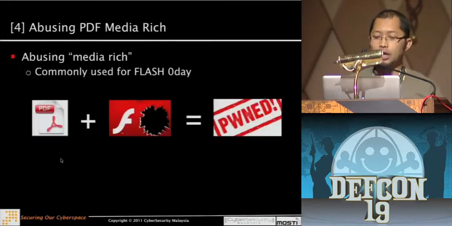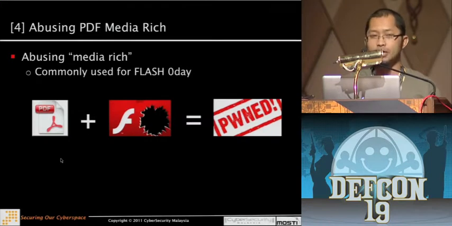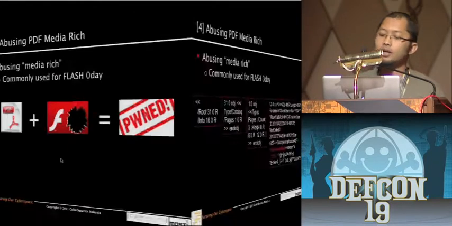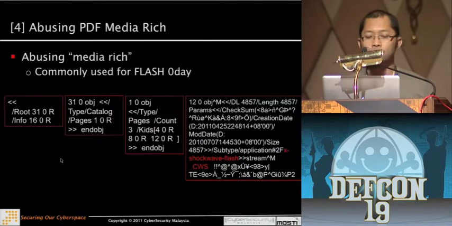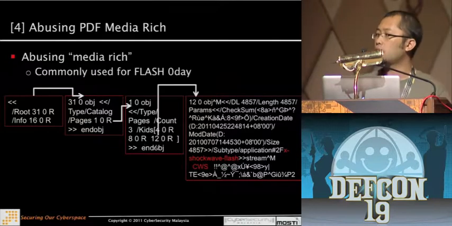Okay, and normally the PDF is used against a Flash 0-day. So you have a normal, good-looking PDF. It's not malformed, but you have bugs in Adobe and the Flash you embed as well. How does it look within your PDF structures? For example, you start with /Root again. You check /Root is pointing to object 31. Then object 31 has the Pages pointing to page object 1. So you go to object 1 here, and then you have Page. And Page somehow has a reference to object 12. You go to object 12, and object 12 has a Flash file